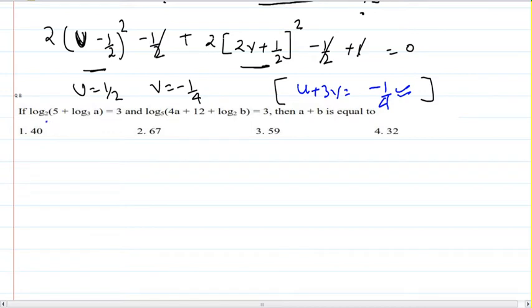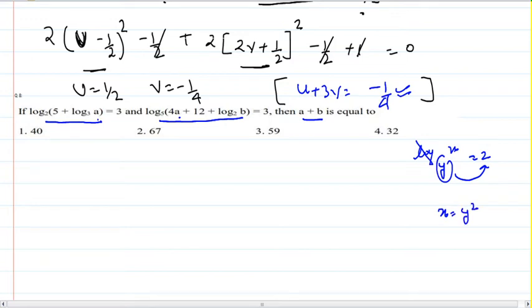What I see here is a long equation with a variable a. I see a long equation with variable a and b both. I want a plus b. So this question is based on my ability to find a and b or to bring a and b in a single equation. See, if you come across log of x base y is equal to z and you decide to cancel the log, the base will be raised by the power z. This is going to be the term after log has been cancelled. Here I see if I cancel this, this 2 will be raised by power 3.